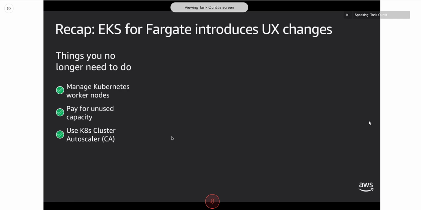So in Kubernetes, there's an open source plugin called Cluster Autoscaler. And it's what most people use for scaling in and out their compute nodes on Kubernetes. It works by watching the Kubernetes scheduler. And whenever it sees a pod that can't be scheduled due to a lack of resources, CPU or memory, Cluster Autoscaler will adjust an autoscaling group and add capacity. So it's a really, really common and popular option, but it also comes with complexity. So it's nice with Fargate that you don't even need that.